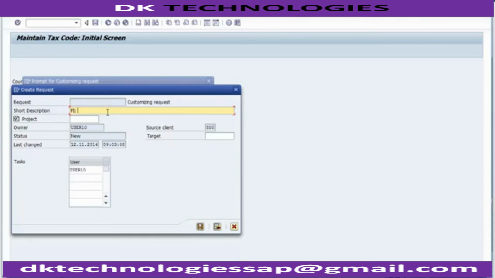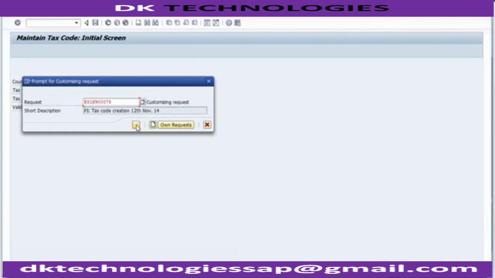So, text code creation, and you can put the date so that it's easier to understand when this was prepared or this configuration was done. Once you do this, you can click on the OK part, and your text codes will get